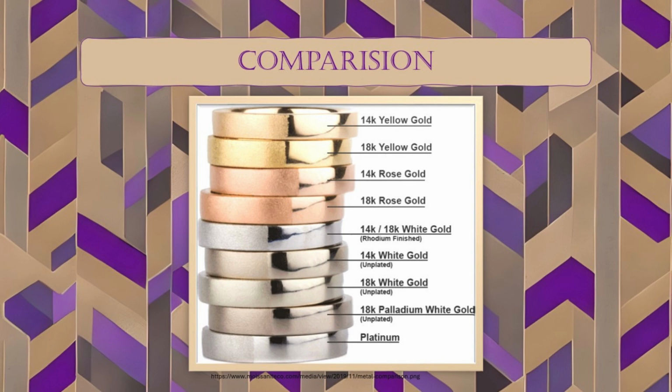Rose gold was made to imitate copper. Now, you may ask, why don't we just wear copper rings if we want the color of copper? But anyone who's worn costume jewelry or even looked at the Statue of Liberty would know that copper is very reactive with water and will eventually oxidize and turn green. However, when you add gold in a copper-gold alloy, despite copper's individual reactivity, rose gold becomes very non-reactive,